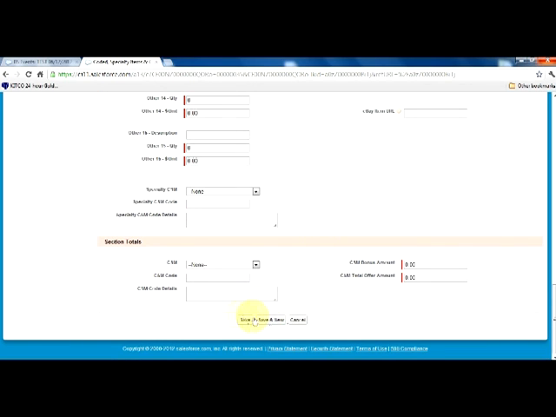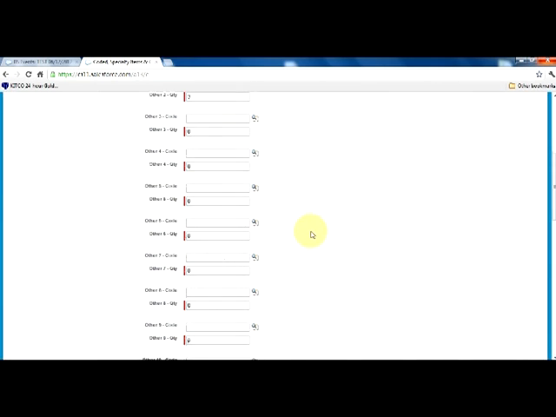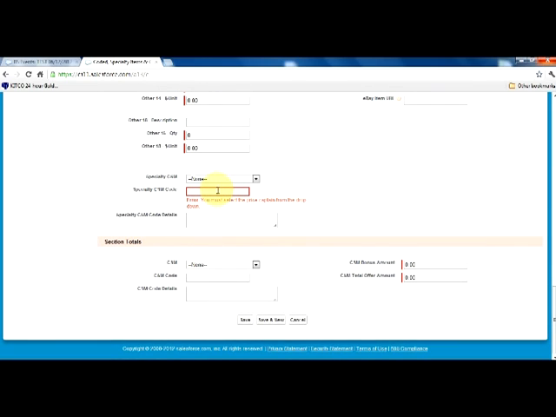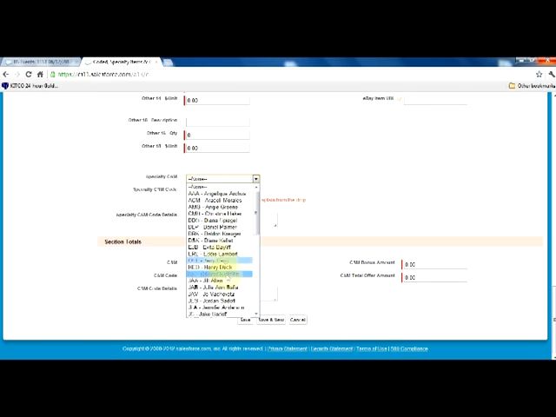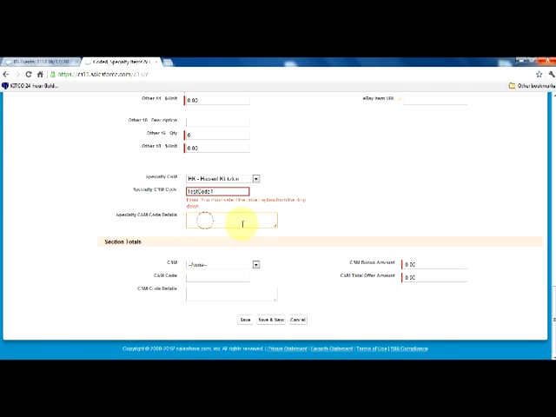If you notice right away, as soon as I hit save, it's going to actually give me the errors. So we must enter a CSM code, specialty CSM in the drop down, and you must also enter the notes. So code is going to be 1. And let's say Howard gave that out to us, and